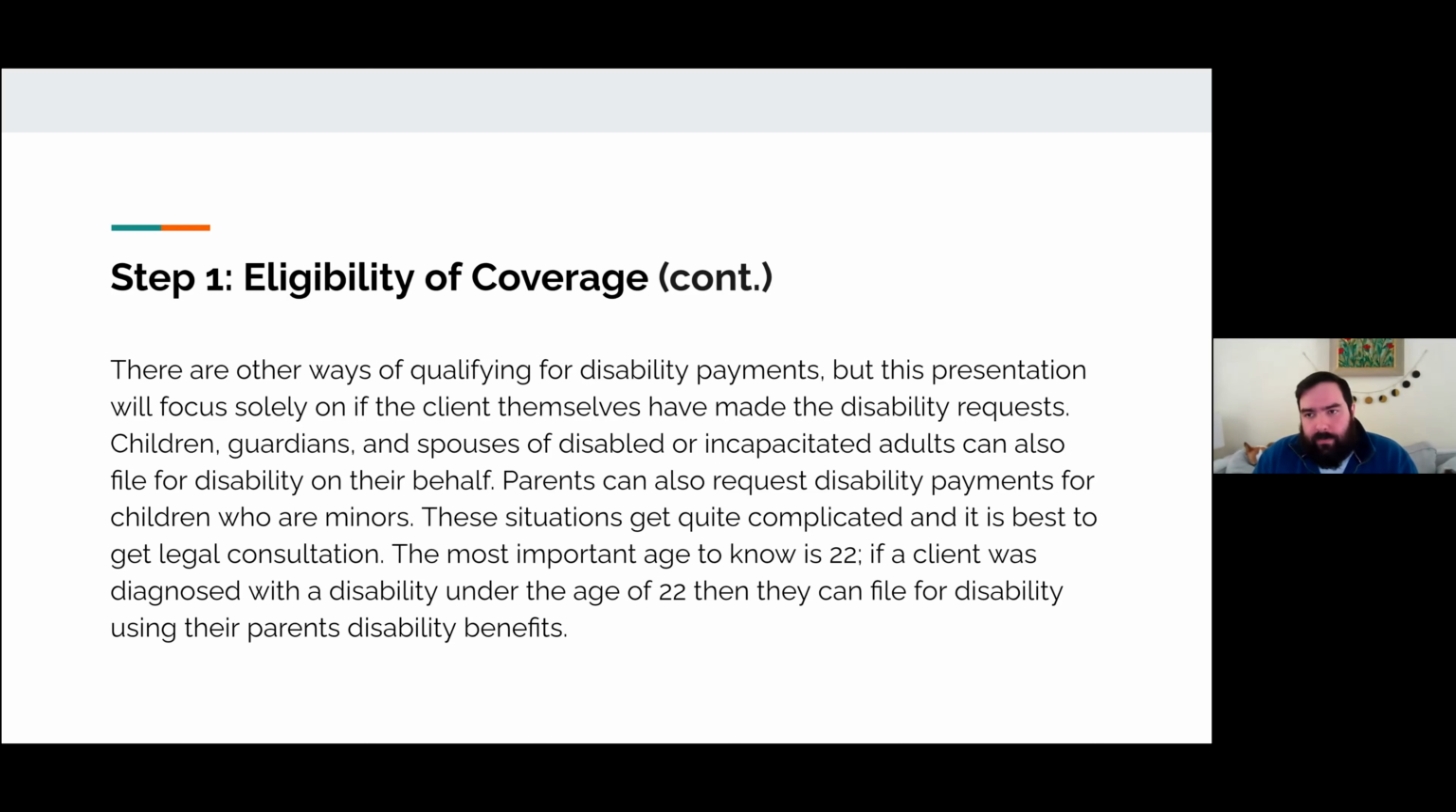Guardians and spouses can file for disability on behalf of the person that they're married to or have legal power over. Same with incapacitated adults. So there's a lot of other ways to get disability payments. I hadn't run into any of those situations. I'd be curious at the end if any of you have, but I don't think that they're very common. The one thing I wrote, though, is really important is the age of